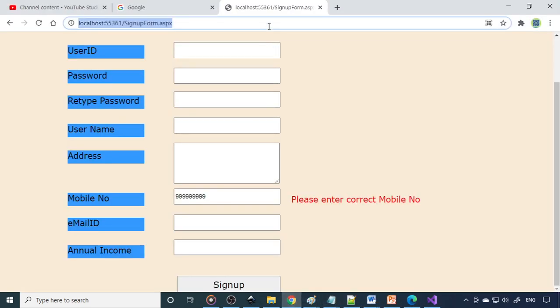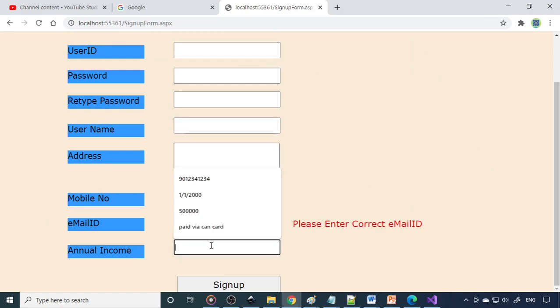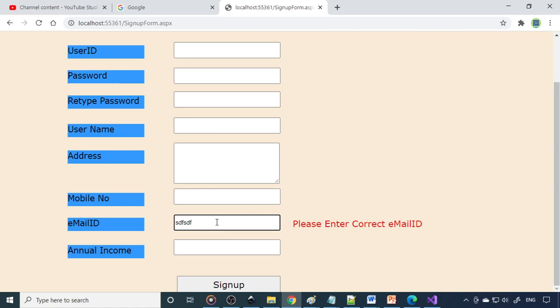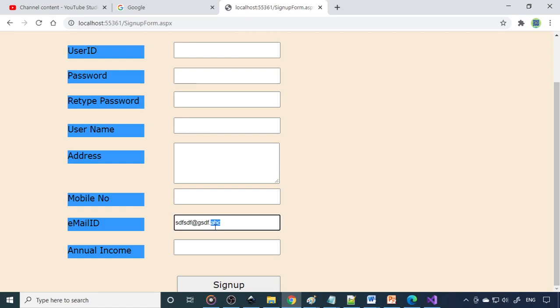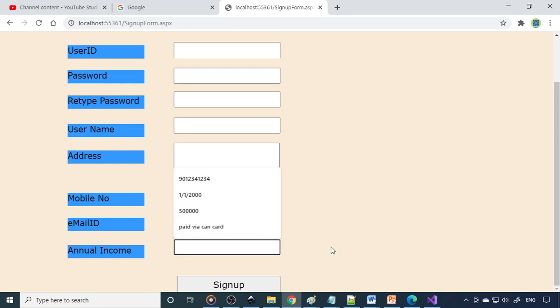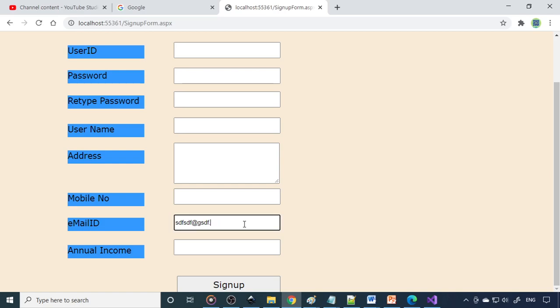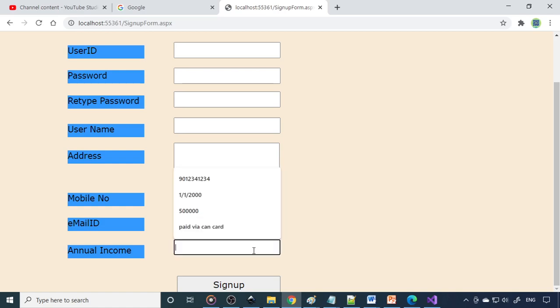So let us check this. If you go here and type something, immediately it will fire. But if you enter @some.com, because this matches the pattern, there are some characters, and at the end there are some characters. Even if you give ABC, it is okay because this is valid. But if you don't give the dot, if you click here, that is again an error. So dot 1 to 3 is okay, it will accept, because any characters, even a number is also a type of character, so it will accept. But if you want exactly numbers only or characters only, then you need to do a little bit more. We can check that also.